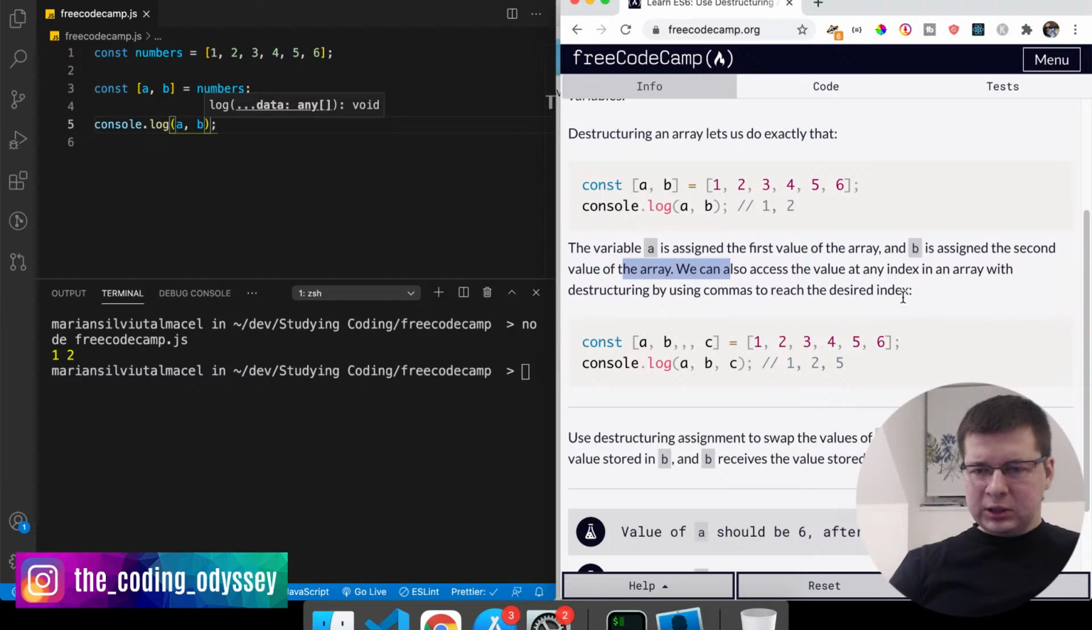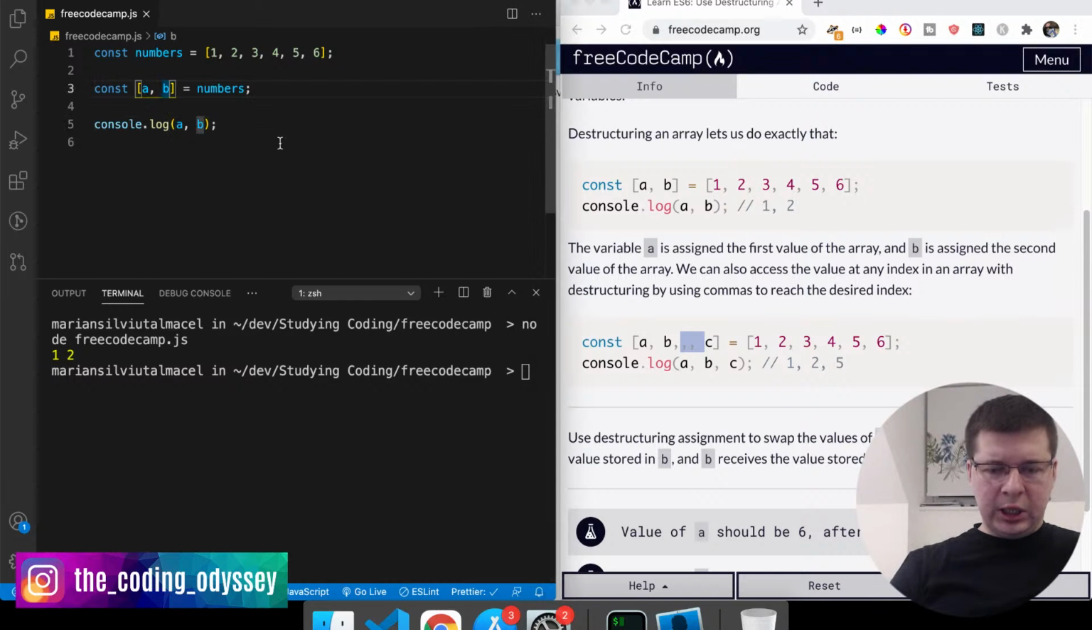We can also access the value at any index in an array with destructuring by using commas to reach the desired index. So basically, by using commas like this, we can skip whatever elements we don't want. So if I'm saying here const a, b, and then I leave one empty, so I leave the 3rd element empty, I leave the 4th element empty, I leave the 5th element empty, and then I say c here,